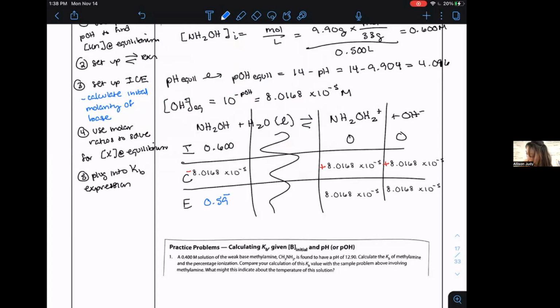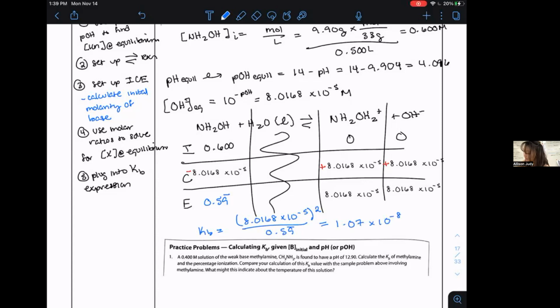And then you just plug into the KB expression. Your KB, of course, is the product of the ion concentrations that you produce all over the initial reactant that you had. So it's 8.0168 times 10 to the negative fifth, and it's going to be squared because it's that times that, each ion produced, all over 0.59 repeated. If you actually put this into a calculator, it becomes a value of 1.707